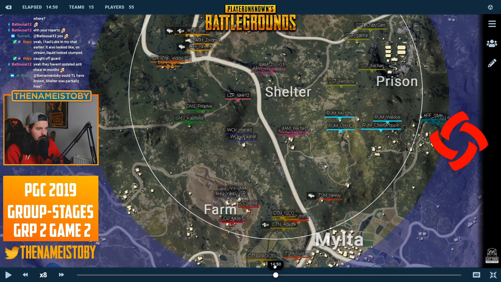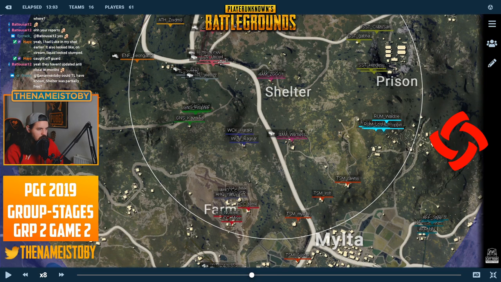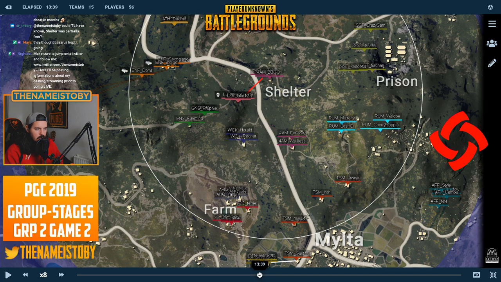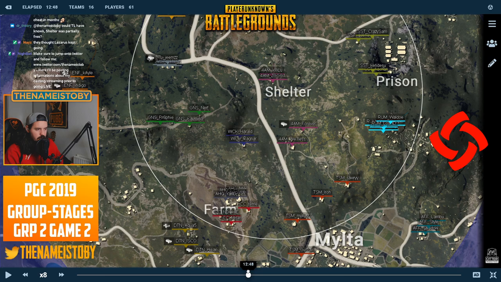Because I was looking at these cars coming in earlier. I was looking at these two going Lazarus back off to the side and go into shelter, or Liquid go here, Lazarus go here. That's what I thought. Or maybe one of them continue to go through. Could they have known it was partially free? I think if you go in...